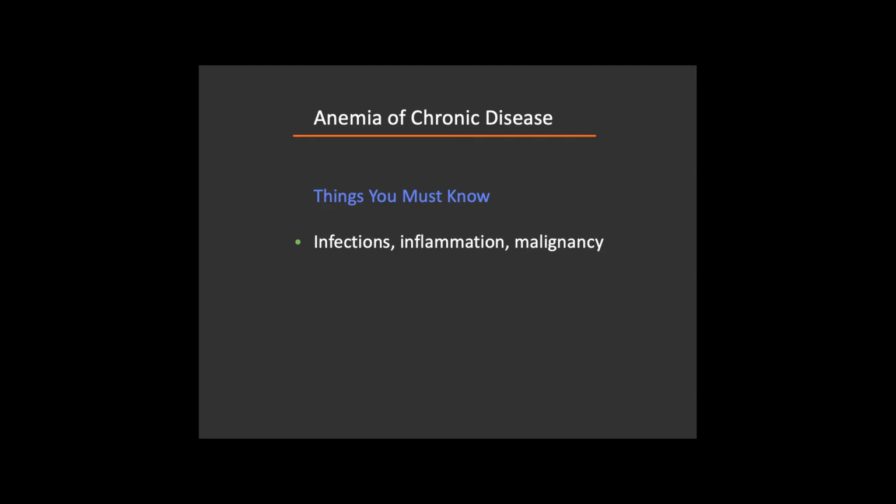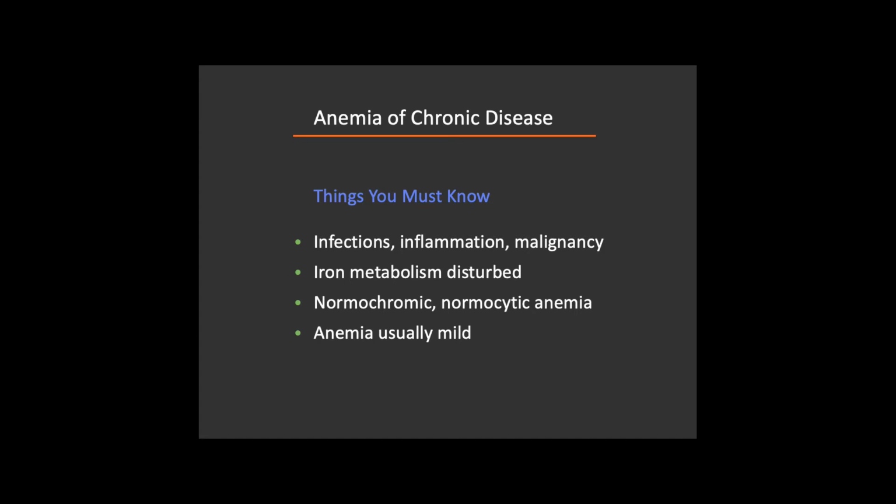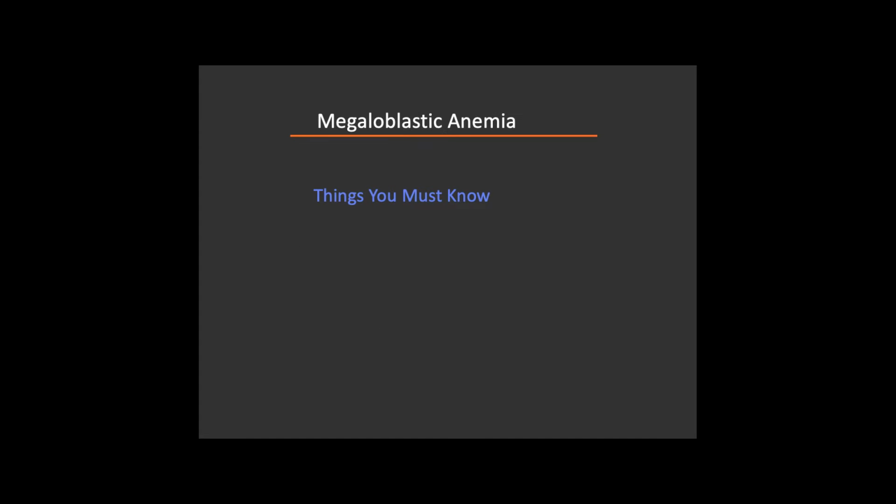So anemia of chronic disease, such as infections, inflammation, and malignancies, can occur. If there's some disturbance in iron metabolism, the red blood cells can be normochromic and normocytic with this, and the anemia is usually mild. The next anemia is megaloblastic anemia, and things that you should know is this is defective